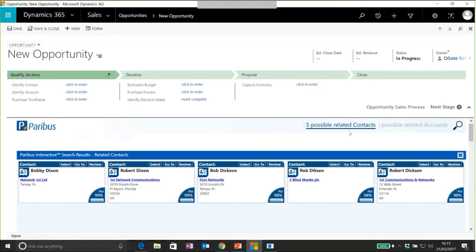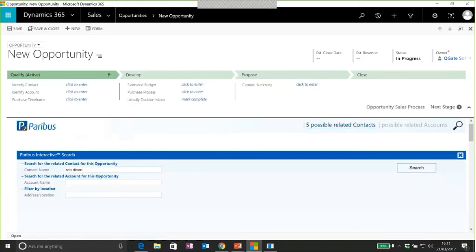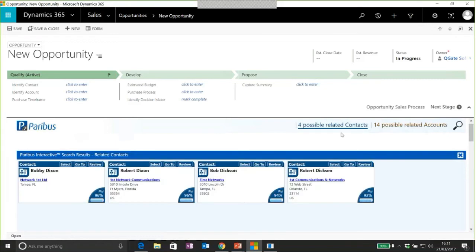we pull back various records. If I go back to the search capability and put my networks company in here again, then this time it reduces our 5 contacts down to 4 contacts by adding that extra piece of information. And obviously the slightly more information you add, then the more accurate that return is going to be. But you can see here that again we just used network, we used Rob Dixon, and you can get an